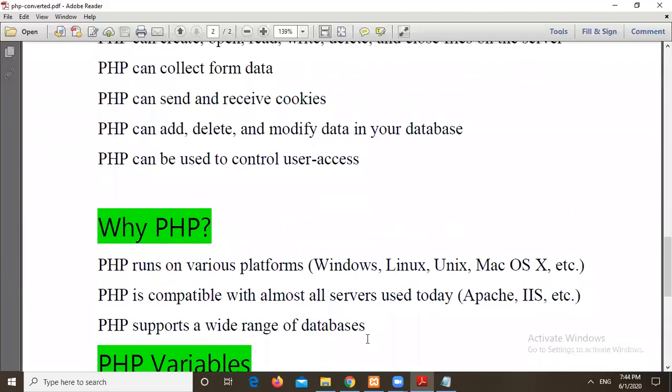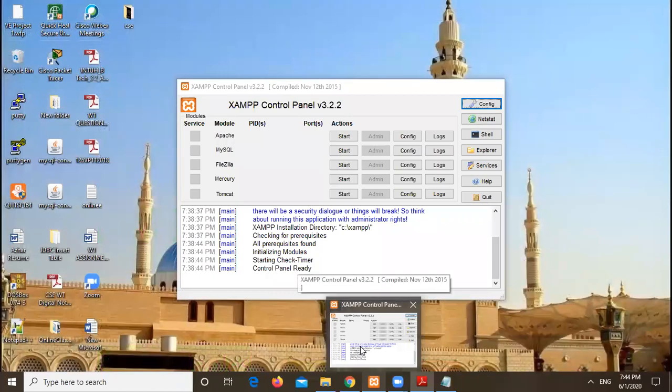We are not installing PHP, the Apache server, and MySQL for database access separately. We have a very good software, that is XAMPP software. It provides all the facilities to run the program.